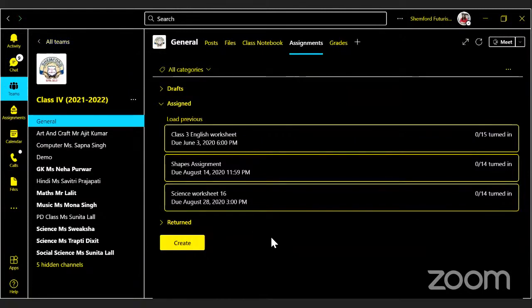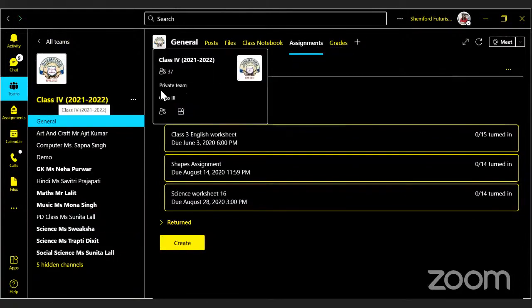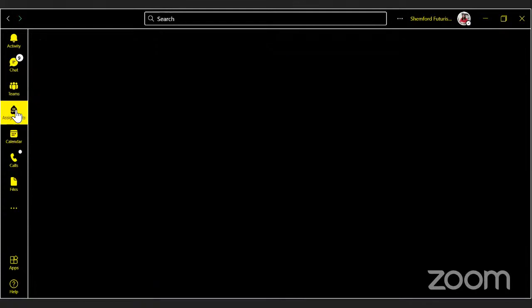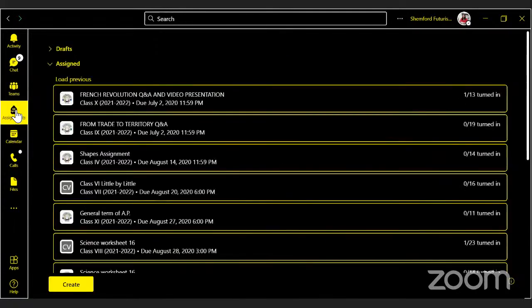I have come here only, assignments, right? Okay. You have to go to assignments if you are going to a particular class, or you can directly go to assignment. On the left hand side there is one option. For example, I'm a teacher in class 4, I have to give the assignment over here, I can go over there. Or if I go to the assignments tab, I will be able to check all the classes, right? So I am going to click on create, bottom left hand side, create.